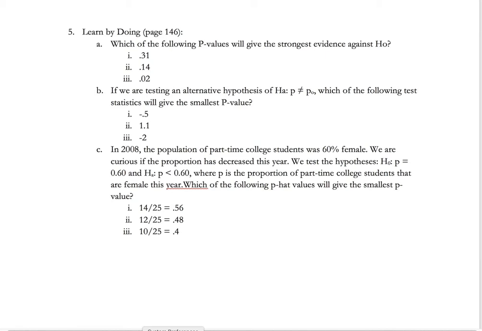This is our second video for OLI Mod 22. We're continuing with question 5, which goes along with a Learn by Doing activity in OLI on page 146. Our first question here is asking which of the following p-values will give the strongest evidence against the null